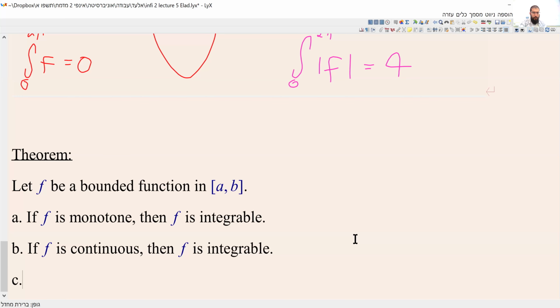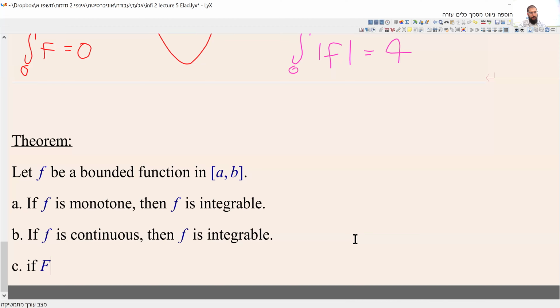And C, if f is bounded, has a finite number of